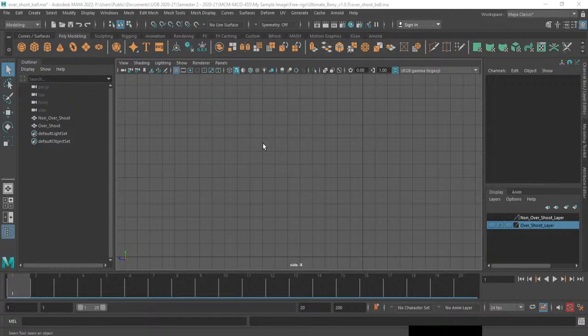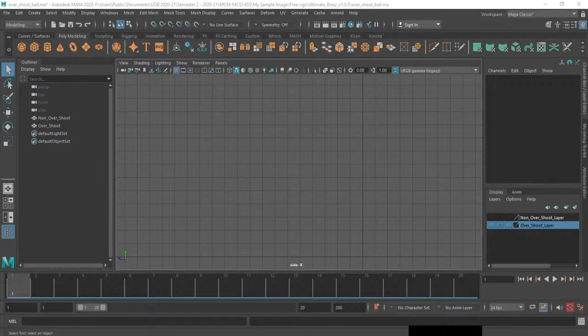Okay, good afternoon, everyone. Today we'll start our next lesson, in which we will learn how to animate with anticipation and overshoot. First, we will look at overshoot, and then we will move to anticipation. We will do a small exercise to see how anticipation and overshoot work. But before that,